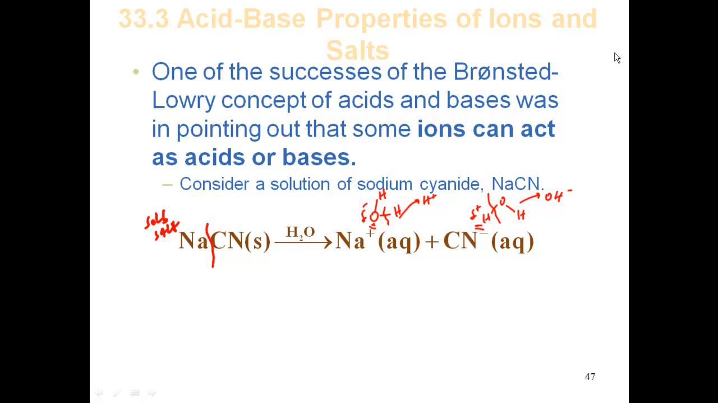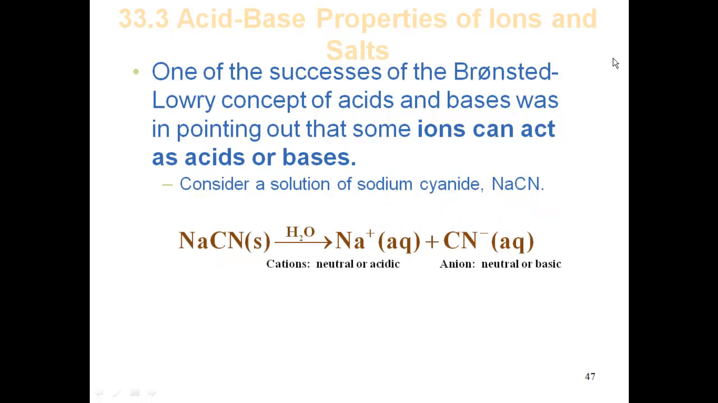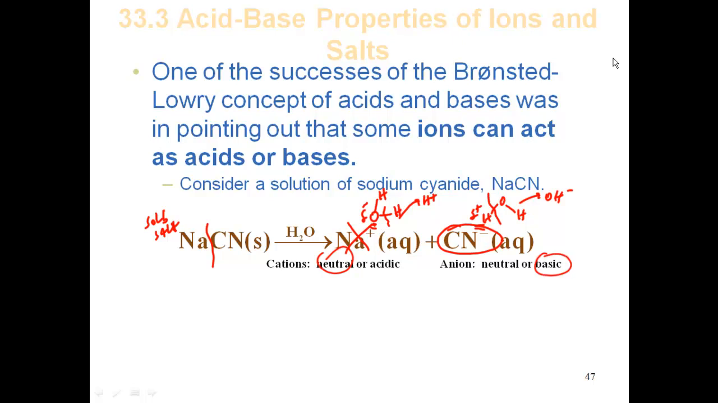In this particular case, I know that sodium will not be attracted to that oxygen, so it's not adding anything to the overall solution, but I do know that the CN minus is adding some basicity to the solution. So we know that cations either add neutral or acidity. In this case, sodium is adding neutral. And cyanide can add neutral or basic to the solution. And in this case, it's adding basic. So in essence, sodium cyanide is a basic soluble salt, which means it's going to have some basic pH in